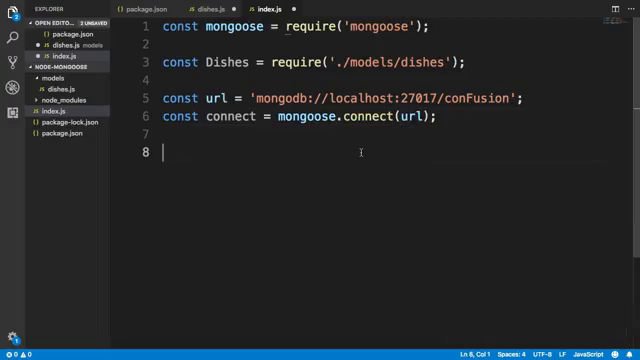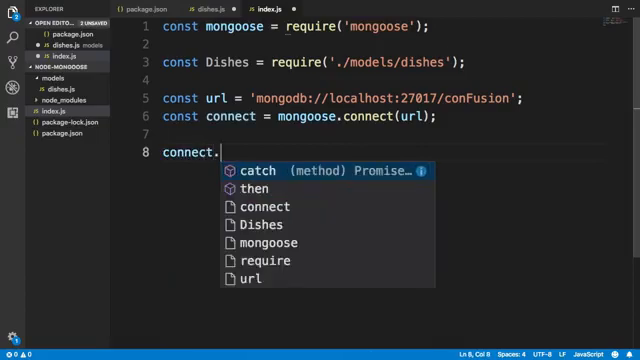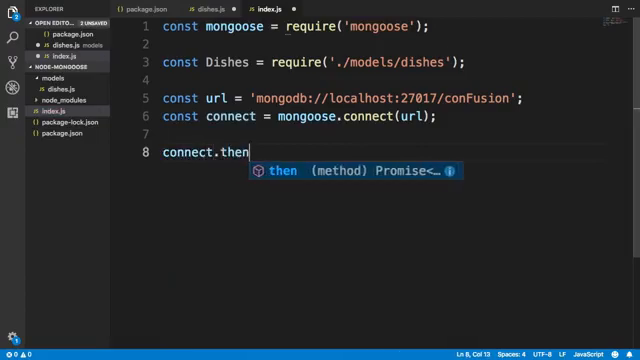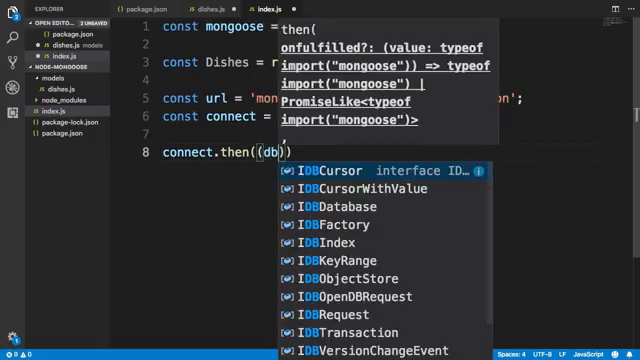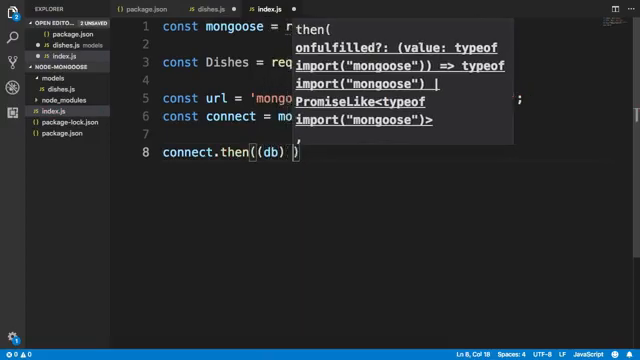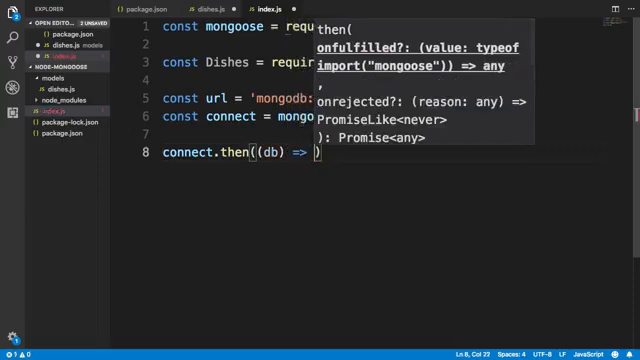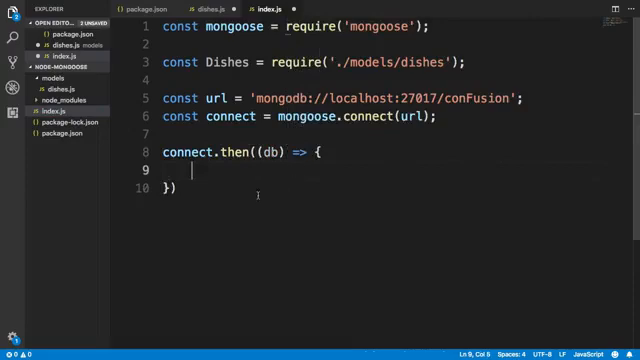So once we have established this, then we simply say connect. Then note that since we are already using promises, we can just say connect then, and then this will take a function as the parameter, and inside here we can now connect to the database. So now once this connection is established, let me do a console log saying connected correctly to server,